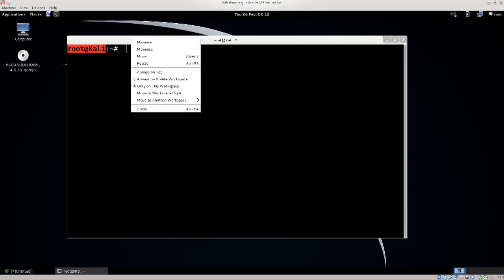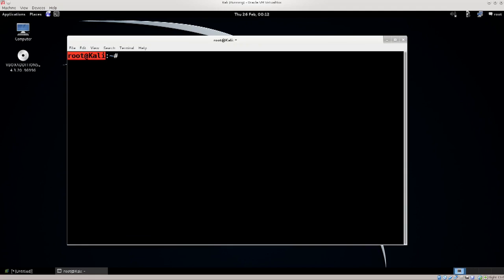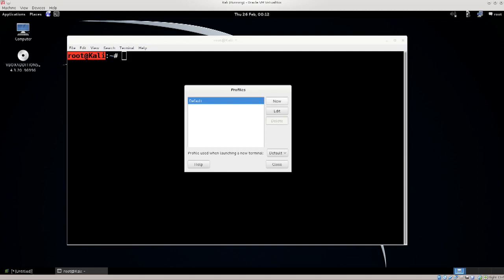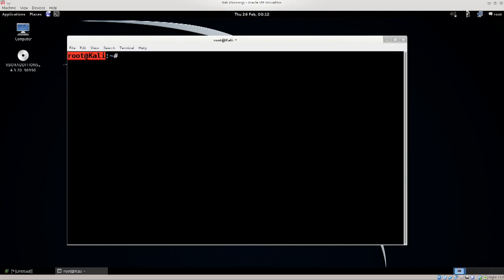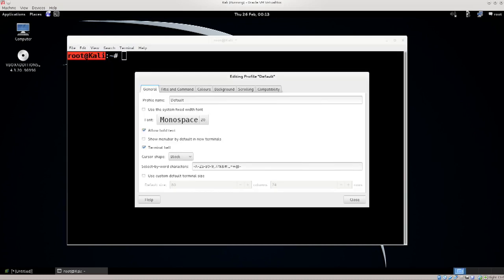Anyway, just go ahead and right click anywhere on the terminal itself, not on the bar but on the terminal itself, and then you have show menu bar. Now we can see it here. Go ahead and click on edit. You can click on profiles as well and create new profiles here by just clicking on new, giving it a name and then configuring it in the preferences. However, we're going to be configuring the default profile since there really is no need to create any additional ones. Go ahead and click on profile preferences,